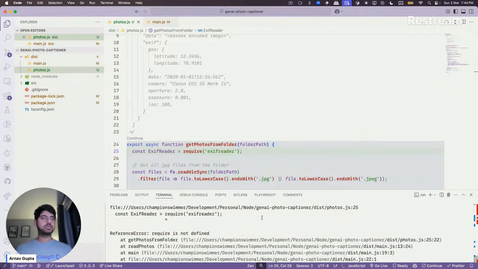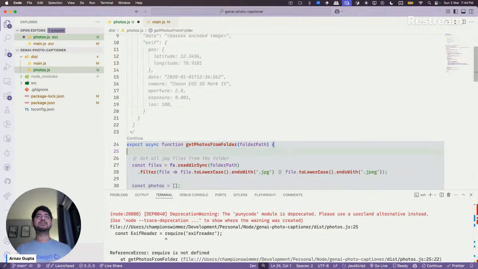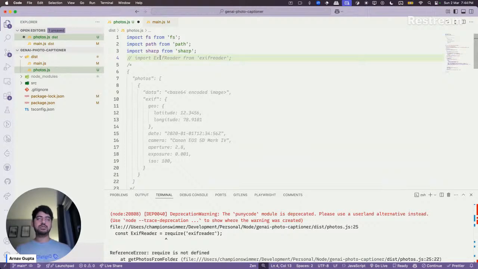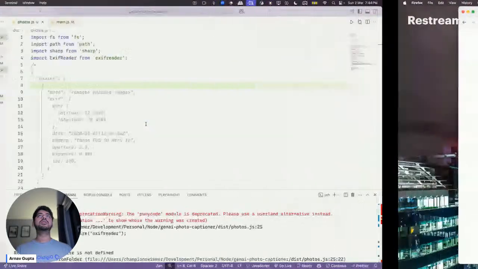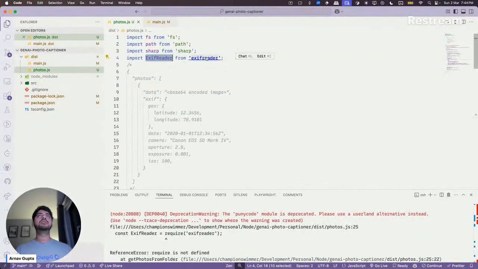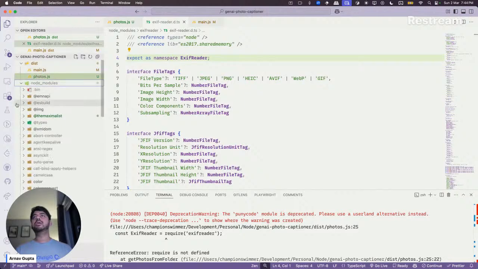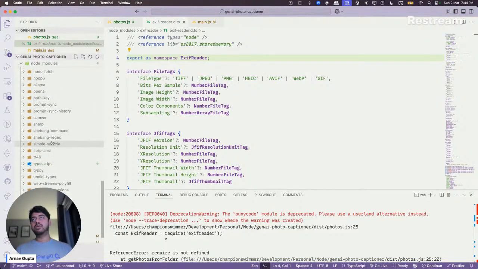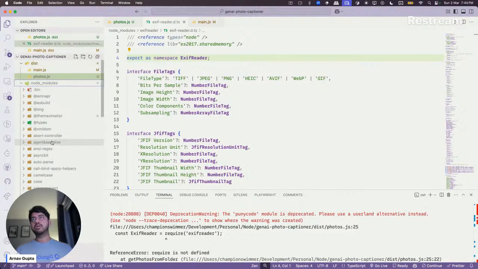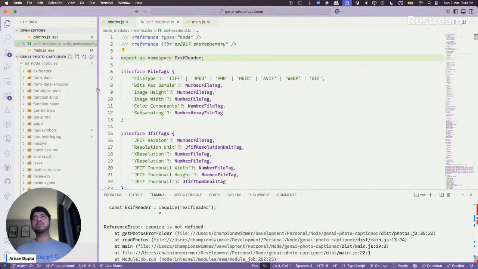This will not work with the require, I guess, right?